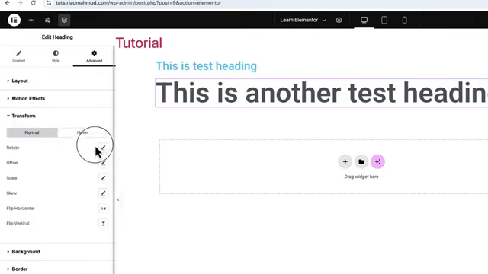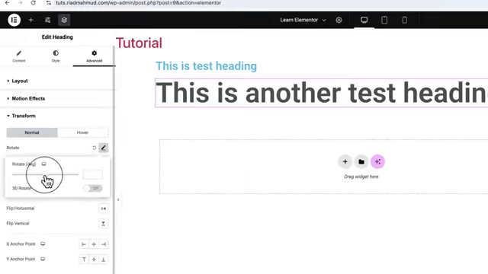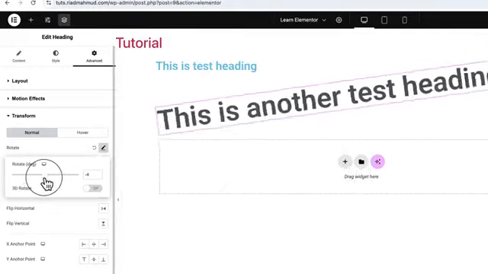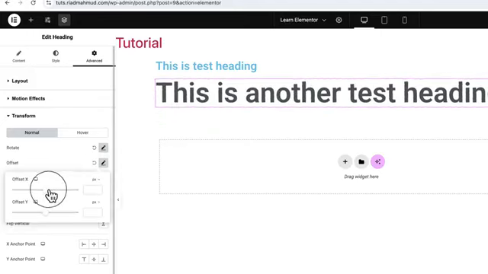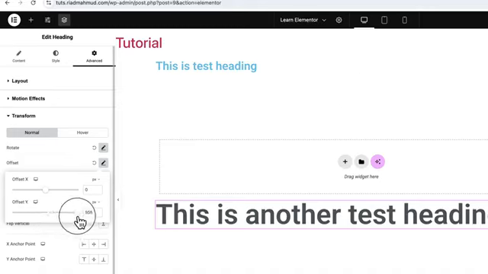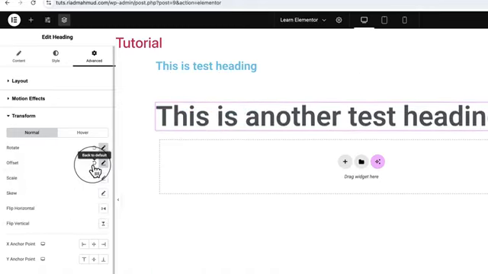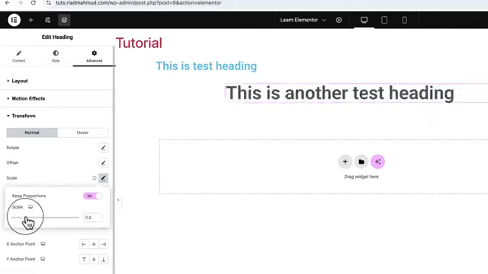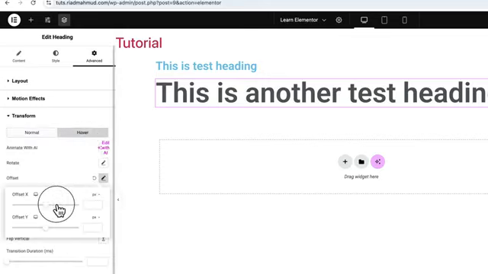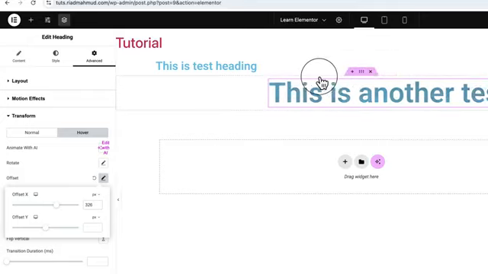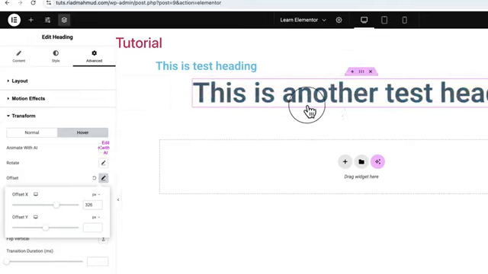The transform, which is possible, if I click, I can rotate, and these will be available inside every single element inside the Elementor. I can offset Y. Let's make it default. I can scale, and this can be done on hover also. So using these features, you can make a little bit catchy design. When I select hover, let's use offset X and hover, you can see with the transition it changes the color and offsets the elements